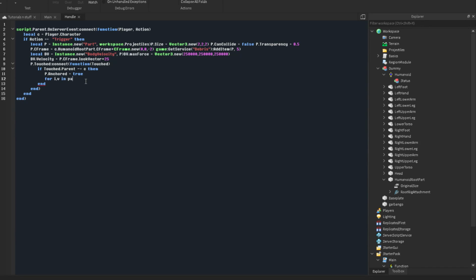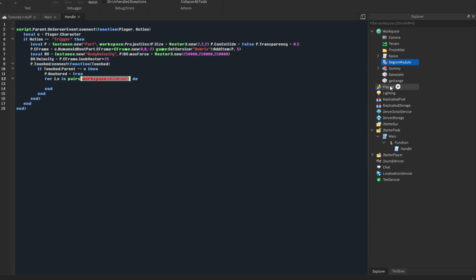So, for i, v in pairs, workspace. Now, if you have a folder where you put all your players in, you can do that. I'm not going to script that right now. So, in pairs, workspace children. Children makes a table, essentially. A table is a value with multiple values. And the table will hold everything that the workspace has. So all this that you see here is going to be in there. Workspace children do